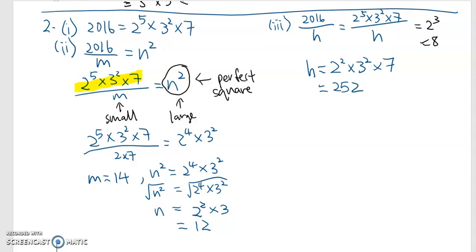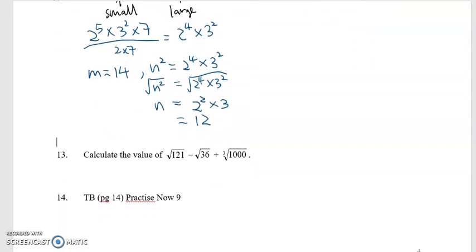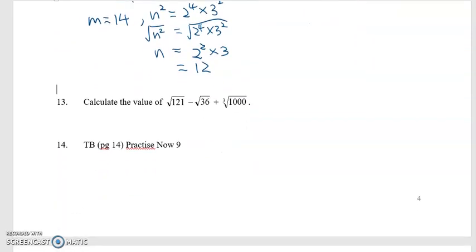We will go on to the next question. Okay, now for the next question, you are asked to calculate the value of square root 121 minus square root 36 plus cube root of 1000. Okay, now for this question, it is possible not to use your calculator to get the values